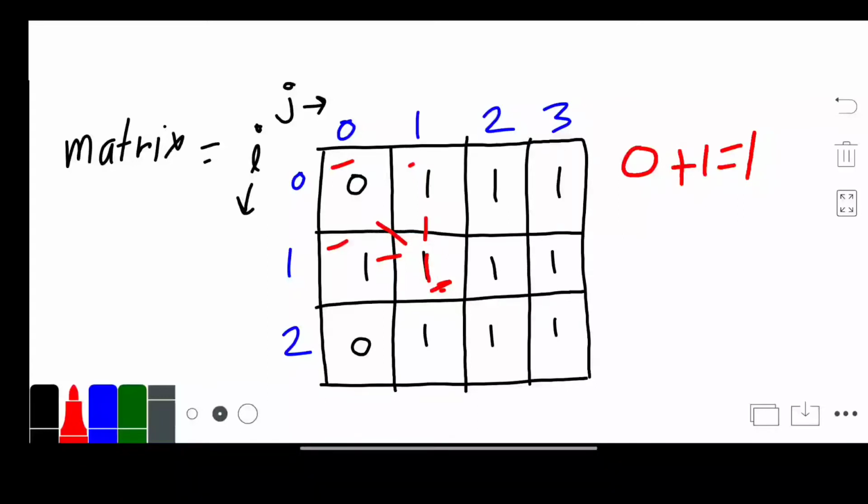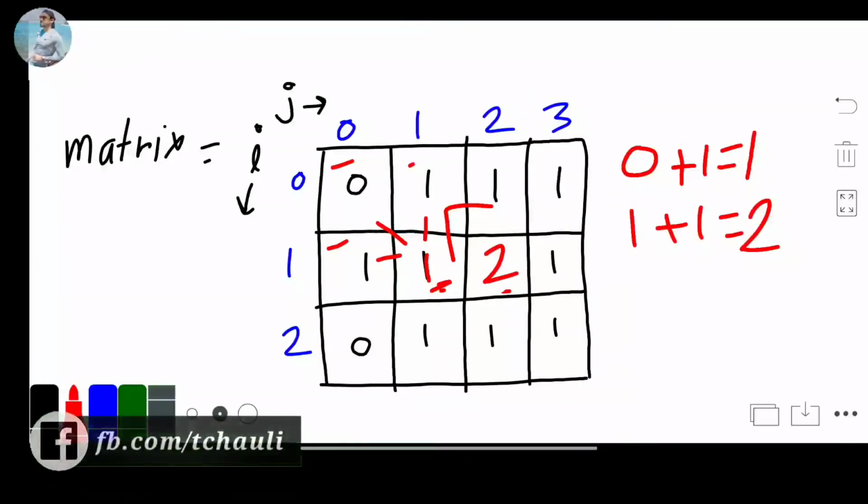Again we move to the next column and check. Now our current cell value is 1. We check whether our current cell value is 1 or not. It is 1, so we check the minimum of these 3. The minimum of these 3 is 1, and add 1 with it. Now our value is 2. So we update our current cell with the value 2.